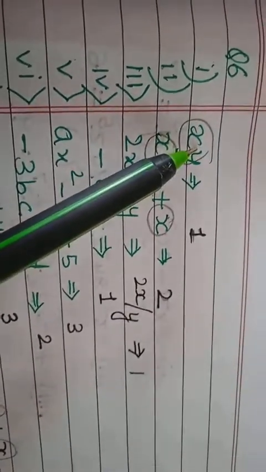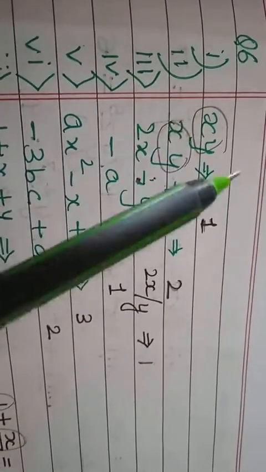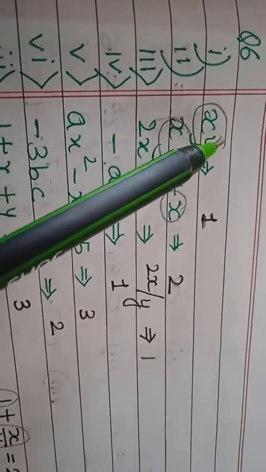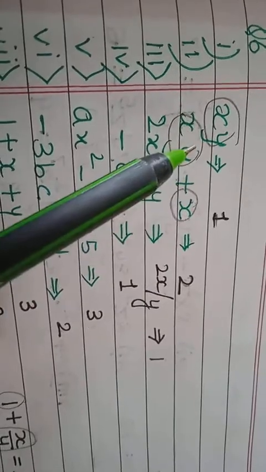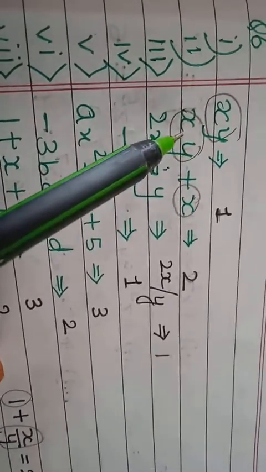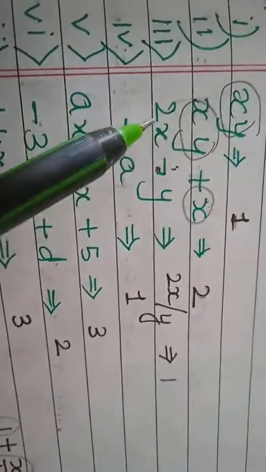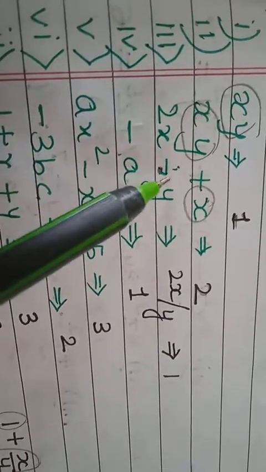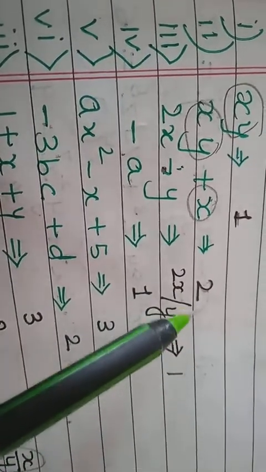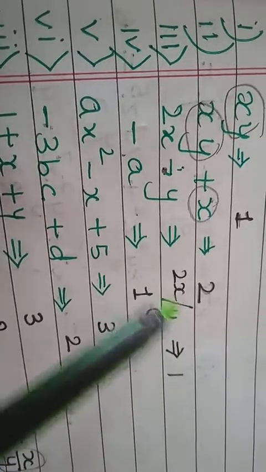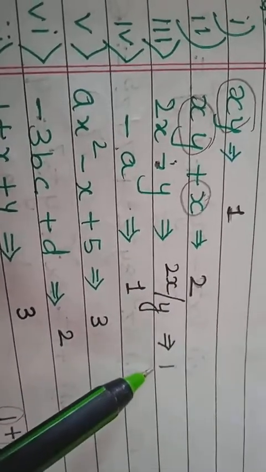So what is a monomial? A monomial is the algebraic expression which has one term. So xy is one term. Now see the second one. How many terms are there? 1, 2. 2 terms. Now the third one, you may get confused because it is 2x divided by y. What does it show? That 2x divided by y, I have written it like this. So it becomes 2x upon y, which is one term, right?